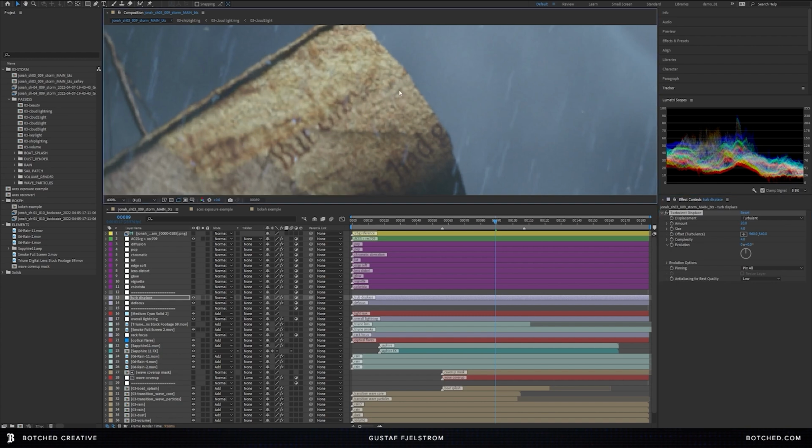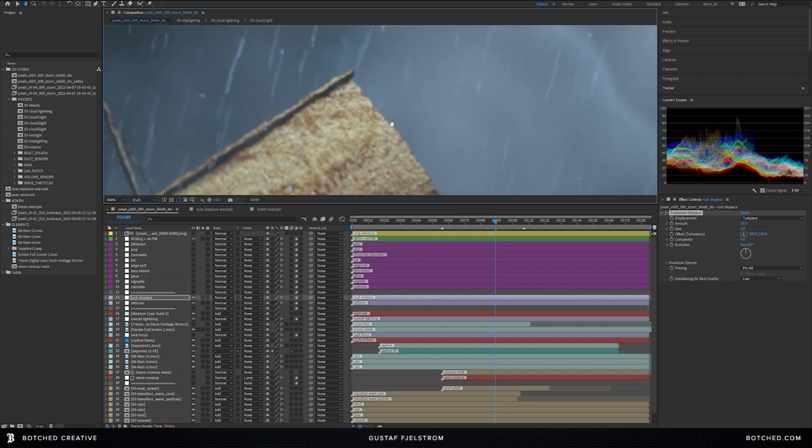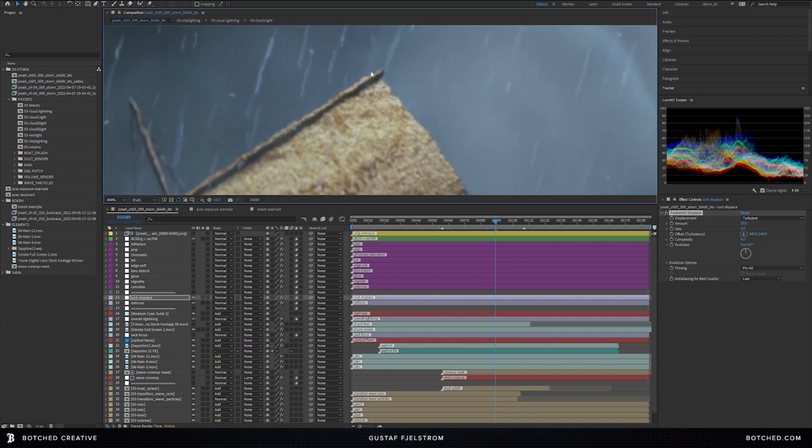But you can see that this turbulent displace is really junking up my edges, as I call it. This is obviously too big for what I would use, so I usually have it dialed into around 10 or 15 in the amount, and then a size of 2, and then bumping up the complexity too, so that very subtly I am just